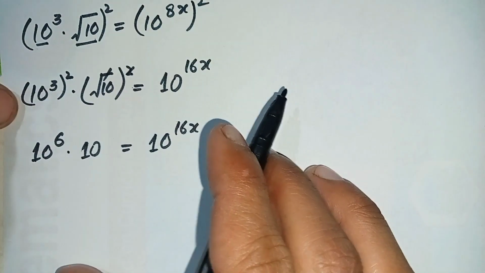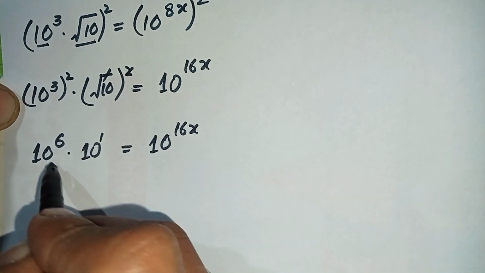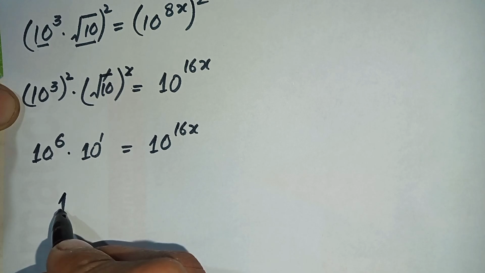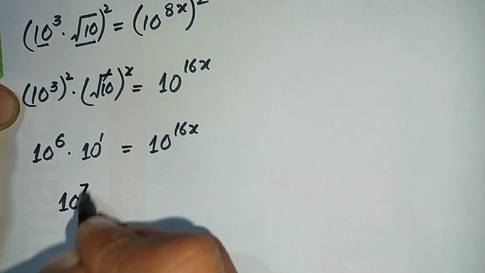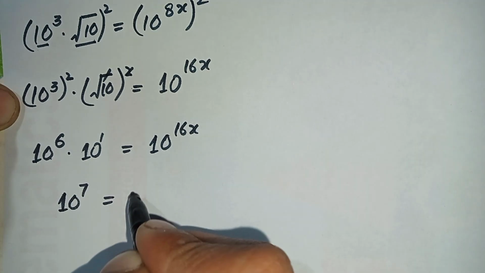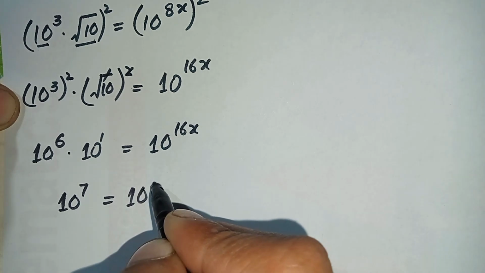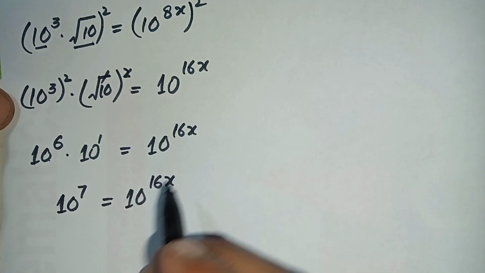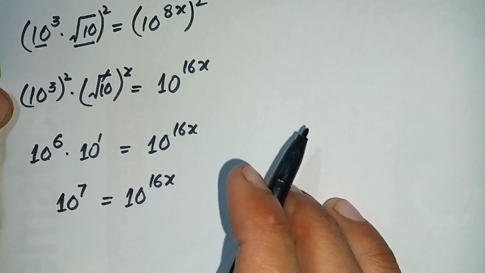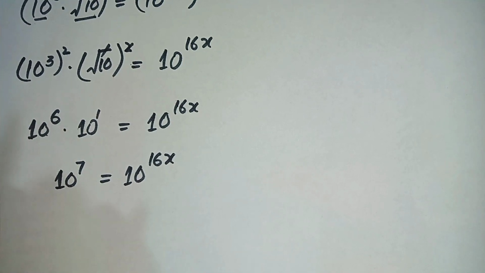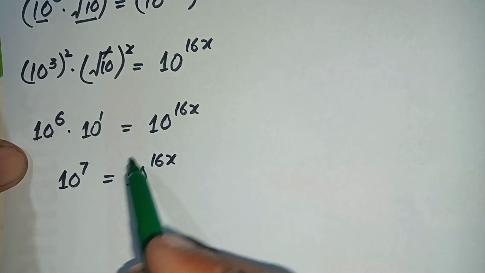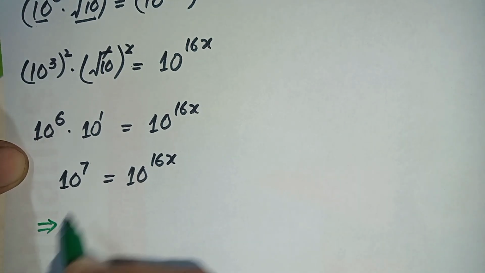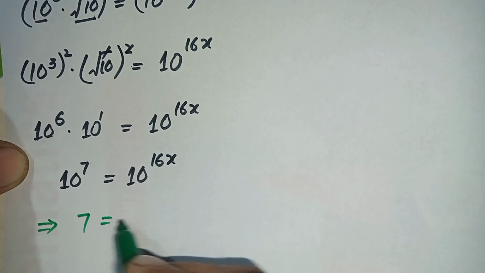16x. So again here the power is 1 and the bases are same, so we will add the powers with each other, so it will become 10 raised to power 6 plus 1 is 7, is equal to, this side will be the same, 10 raised to power 16x. Now my dears, look at both sides. On both sides the bases are same, so here we will compare the powers with each other. So let us compare the powers. It implies 7 is equal to